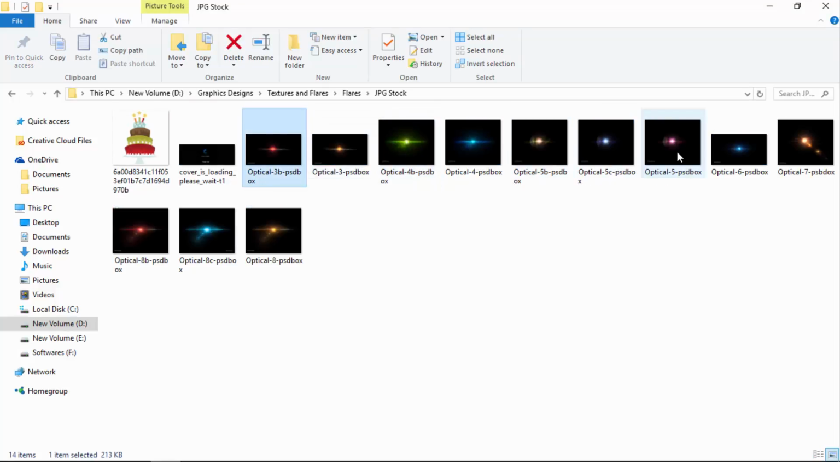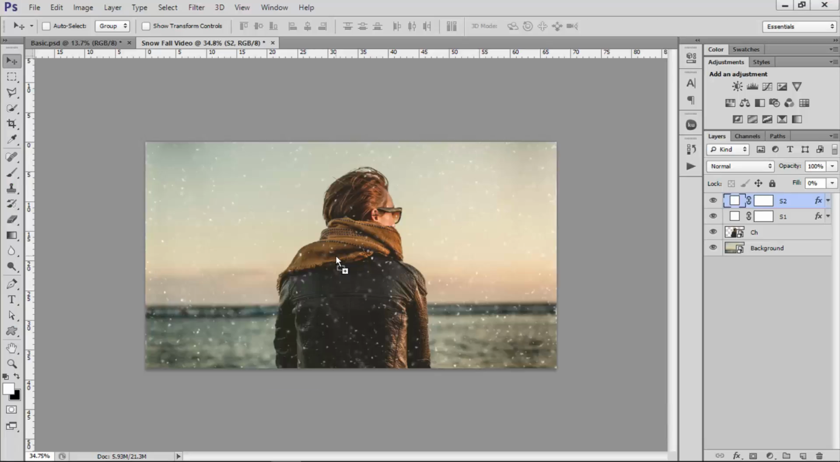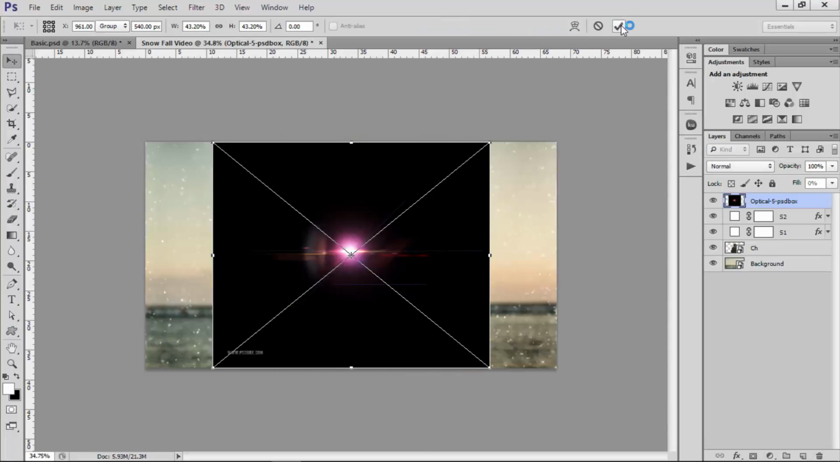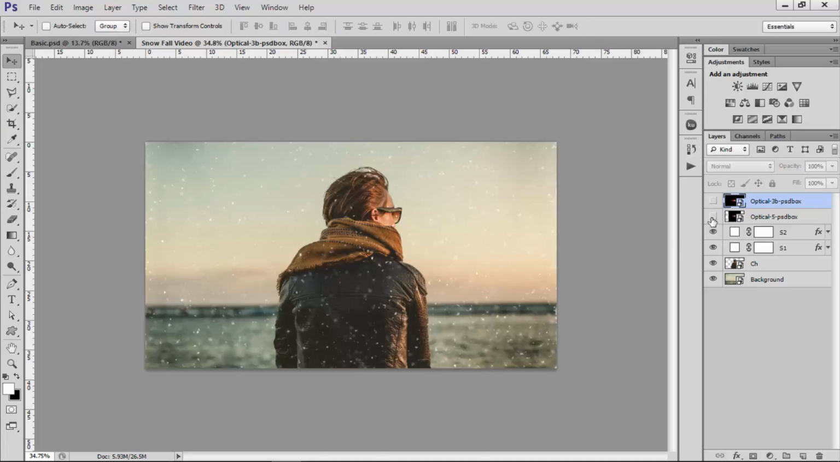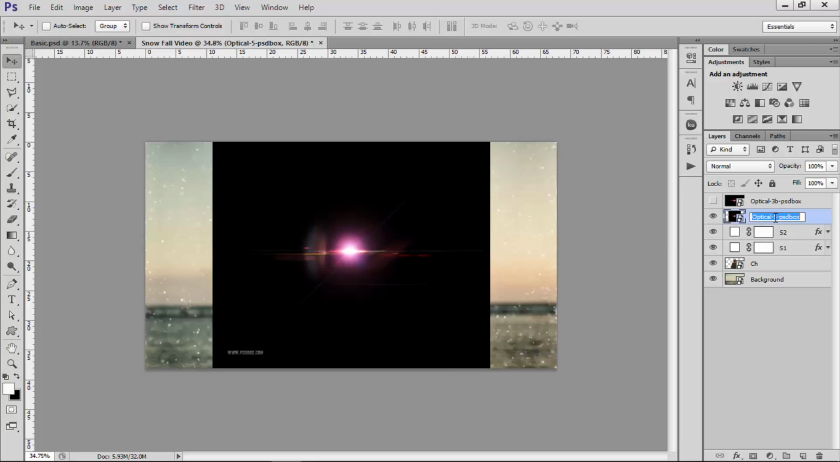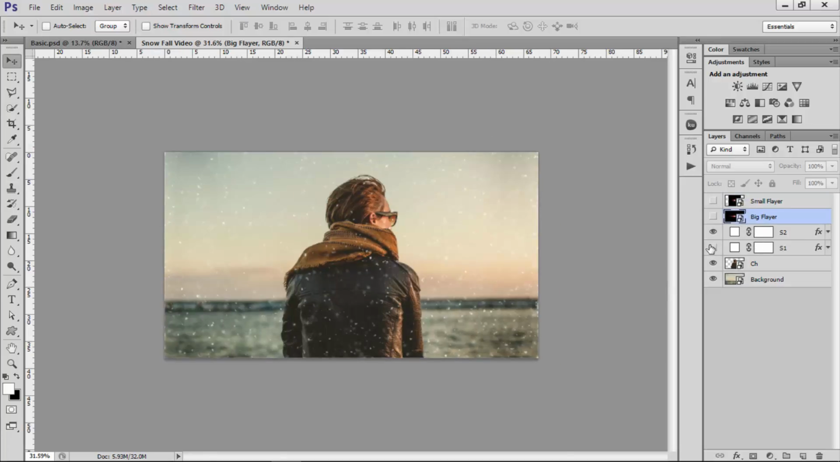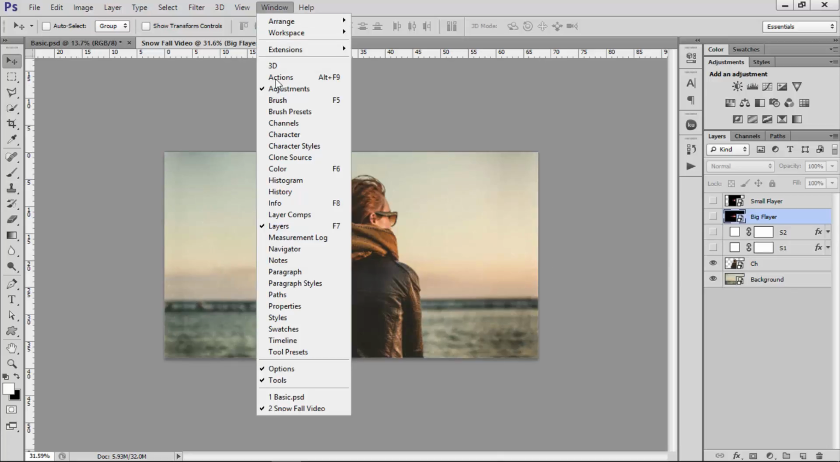We'll select both of these layers and click and drag them into Photoshop. Now click on this check mark to select both of these, hide the first one, check mark, and this time we'll hide them and name this one small flare and this one big flare. Nice. And turn off both flare layers and now go to Windows and